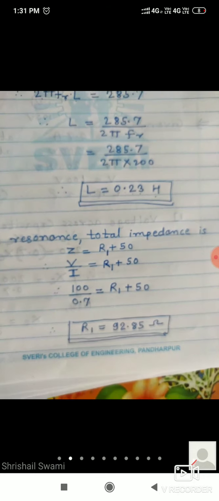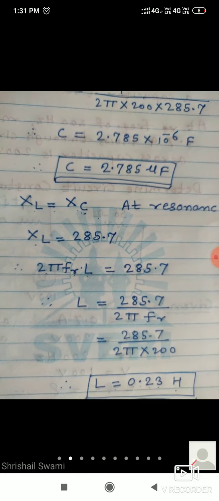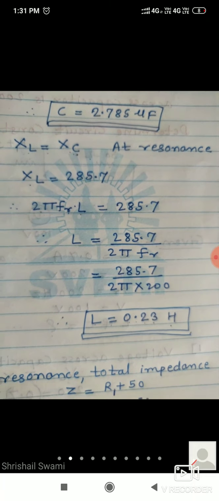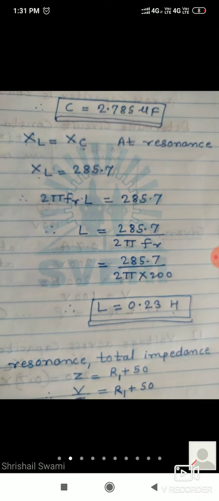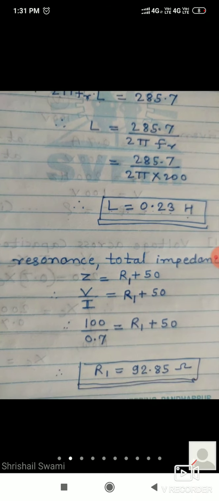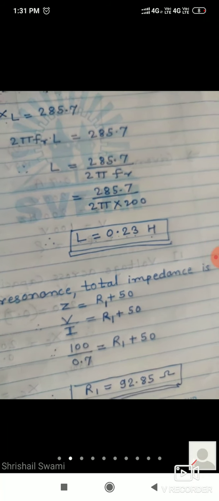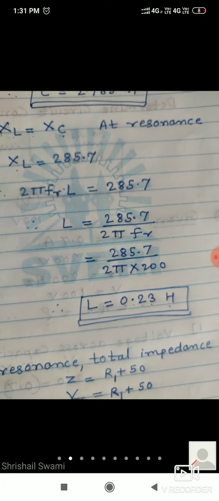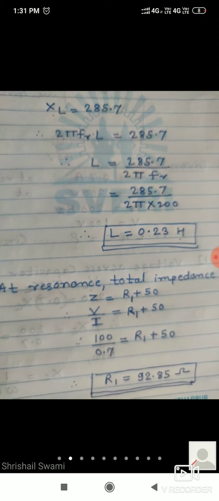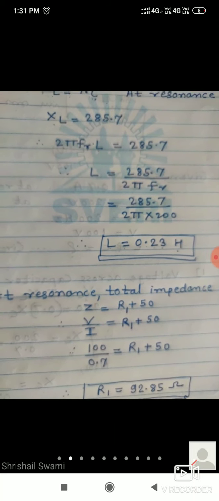Okay. So everyone understood how to solve such type of problems. If you know the formulas, there are a number of formulas, you can use suitable formulas to find out the answer. If no doubt, we will stop now. In the next lecture, we will start parallel resonance. Many more problems are there in the assignment. When you are solving the assignment, you can solve such type of problems.